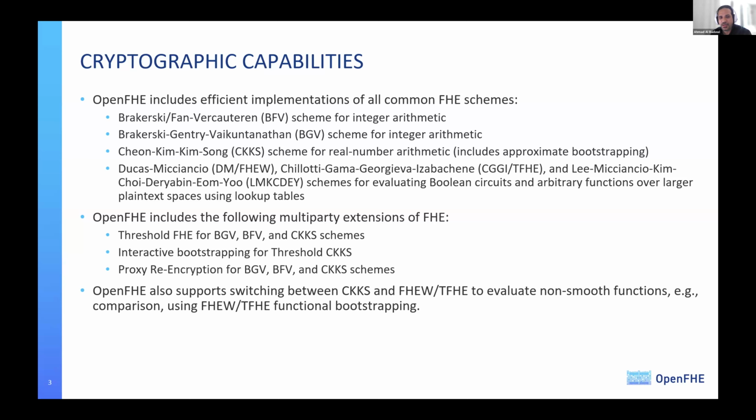This is a feature in the binary family of FHE schemes like FHEW and TFHE. They allow evaluating a function over the ciphertext while it is being bootstrapped. So in a nutshell, you can switch between CKKS and FHEW/TFHE as of now in OpenFHE.